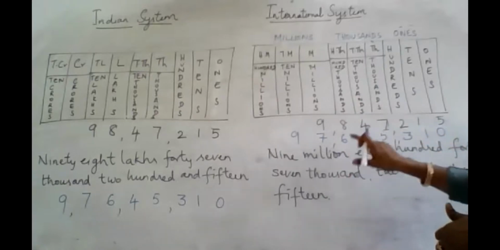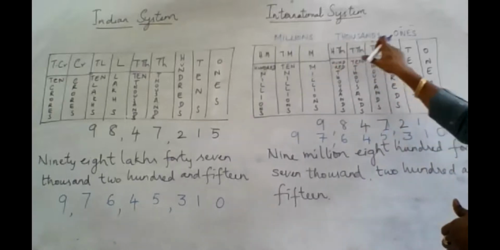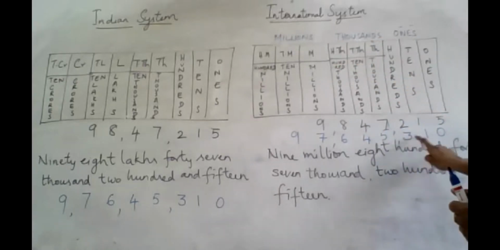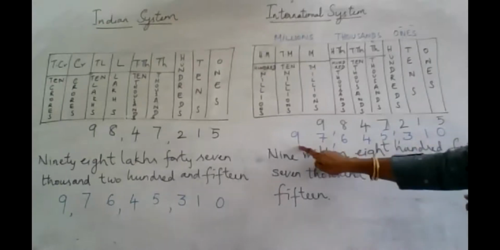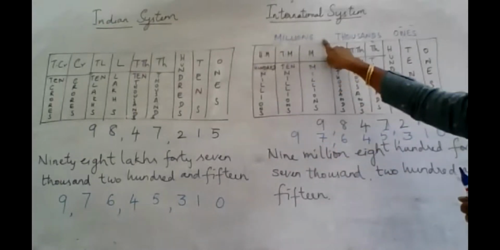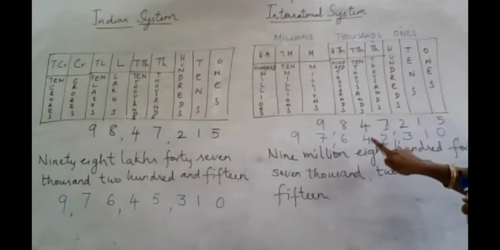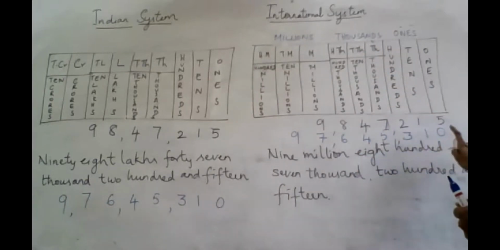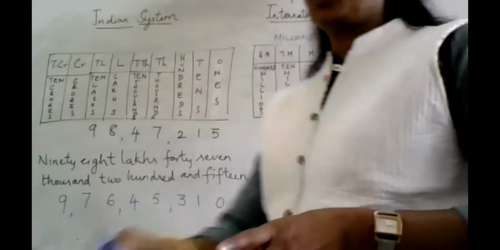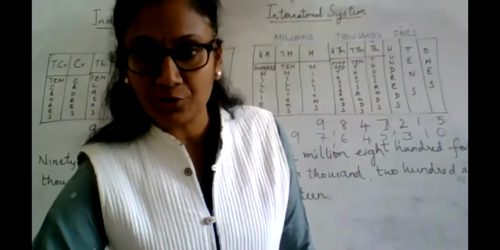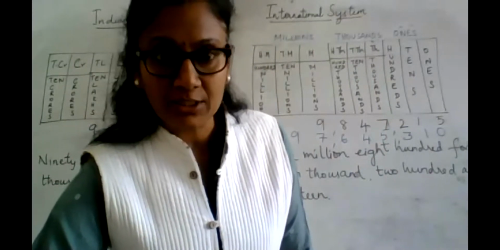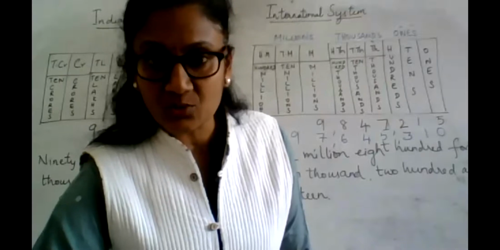So 645,310. So this number will be read as 97 millions, 645,310. So this is how you write the number. Now the next one you have in your textbook. Now I'm going to go back to the textbook. I'm going to share my screen so that all of you are looking at the textbook.